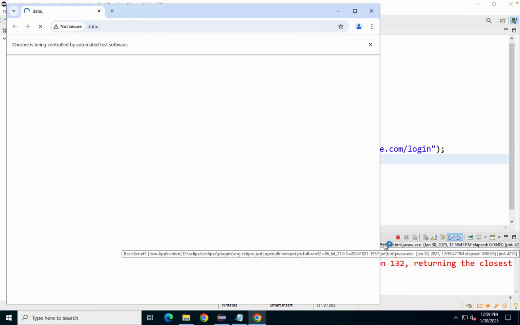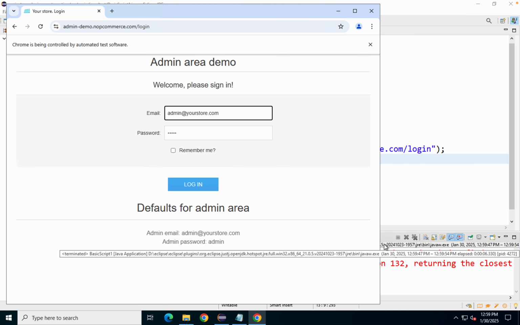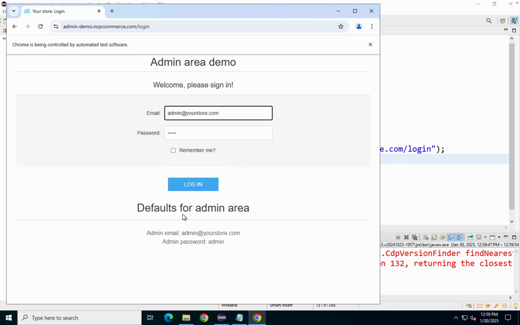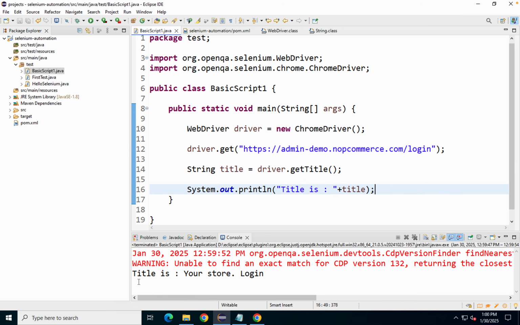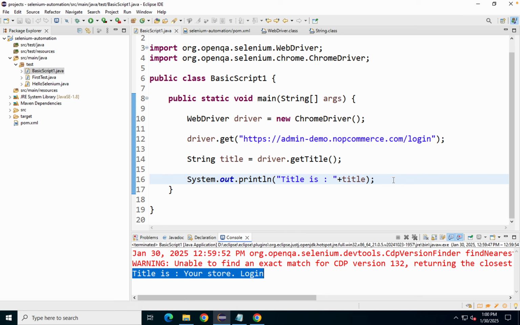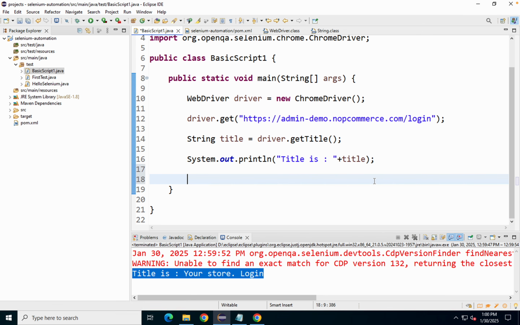So it opens the Chrome browser, goes to the application, and it has not closed because we have not yet added the script to close the browser, which is fine. If I go back here, you can see it prints on the console the title is Your Store Login. Okay, and if I want to close the browser after the test, I can also say driver.close,